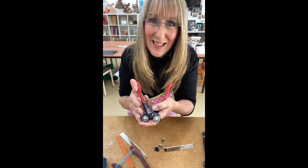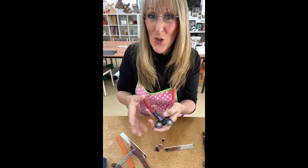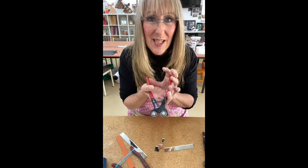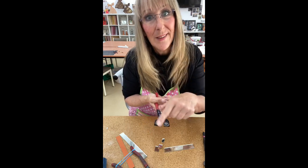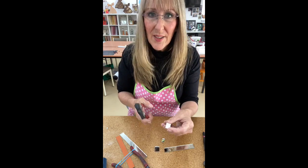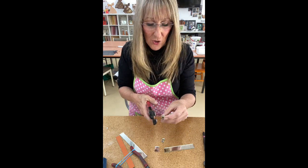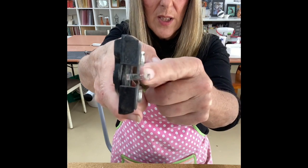So if your glass is not cutting properly, there could be a couple of reasons why. But usually it's because your glass nippers are blunt. If you've been doing a lot of cutting and you're getting really into it, you need to rotate your wheel nippers. So the other thing you need to make sure is that when you're cutting, you have your tile nipper